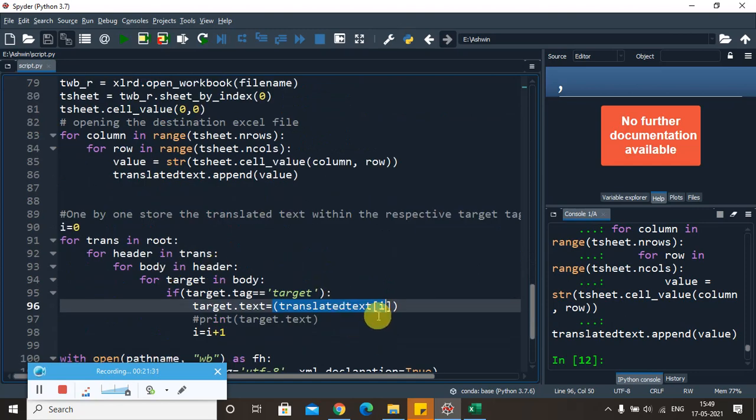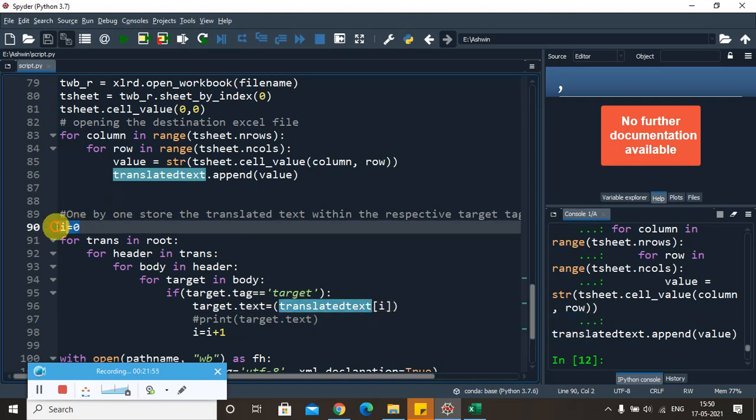Similarly, you keep on incrementing that i. The first index is 0, the next index will be 1, the next will be 2, and so on. It keeps moving. For the target text you are inserting the right value based on the index, because in the list you can't directly jump to any other position. So we are going from first to last, based on the index position. That's the reason I had given i as 0 at the beginning.